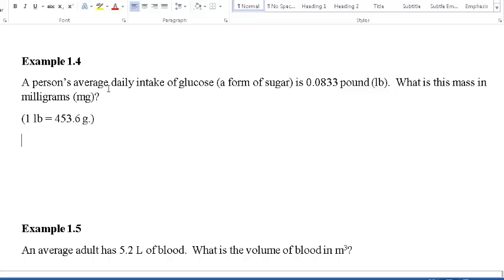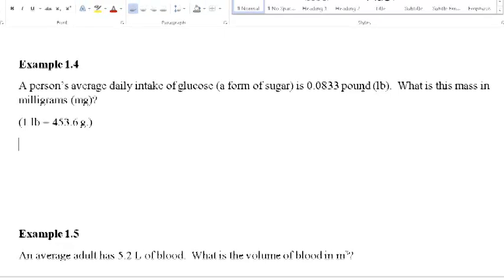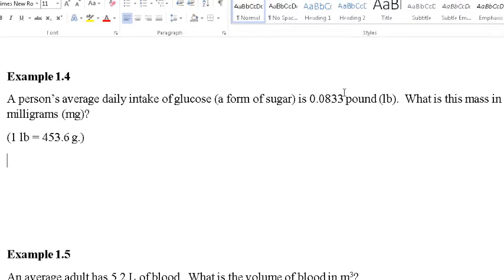A person's average daily intake of glucose is 0.0833 pounds. Okay, the SI unit of weight is kilogram, not pound. But that's okay. We use pounds all the time in our everyday language. But what is this mass in milligrams? Okay, so we're going from a non-SI unit, pound, to SI, grams, but not kilograms, we're going to milligrams. All right, so obviously we need a conversion factor here, and thankfully we have this conversion factor given to